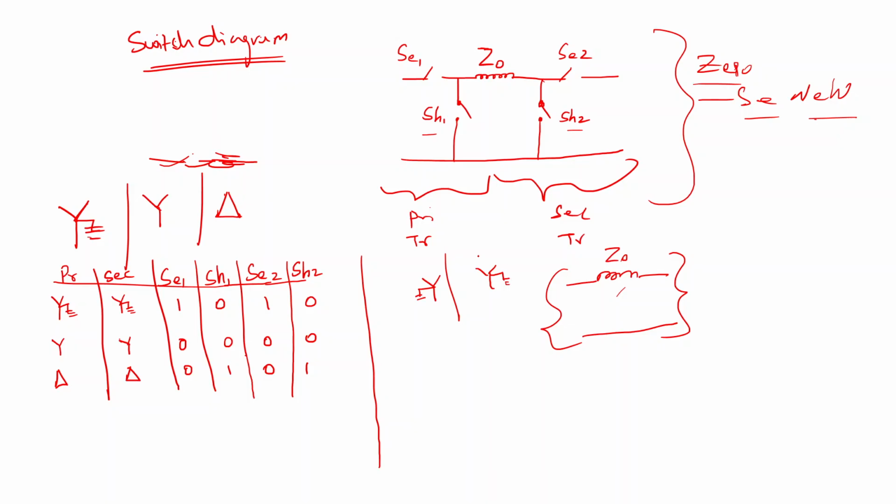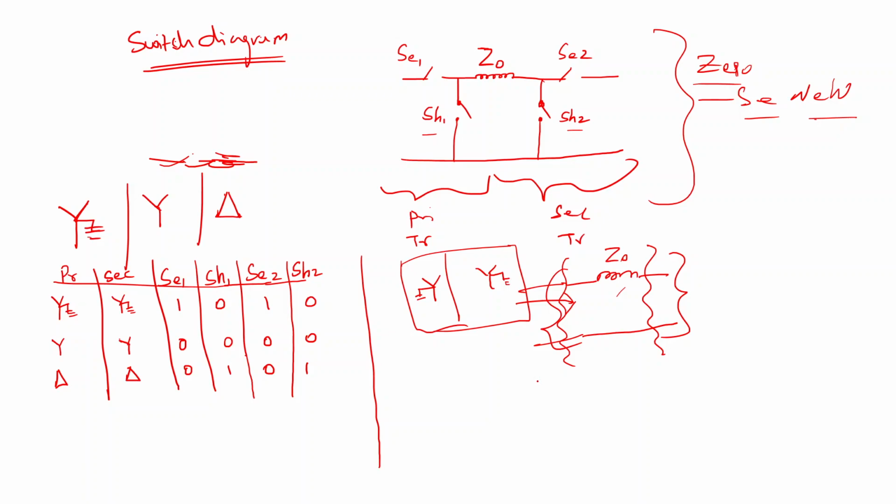That is, this is connected to whatever network is there before, and this part is connected to whatever network is coming from the other side also. Okay, so like that we need to draw. I want to draw for many combinations. Please understand that as per the star and delta connections, we can close or open the series and shunt switches in such a way that your transformer zero sequence network is drawn properly. Okay, this is the few examples I want to try in class, but my system is lagging. I don't know why. Let me try now.